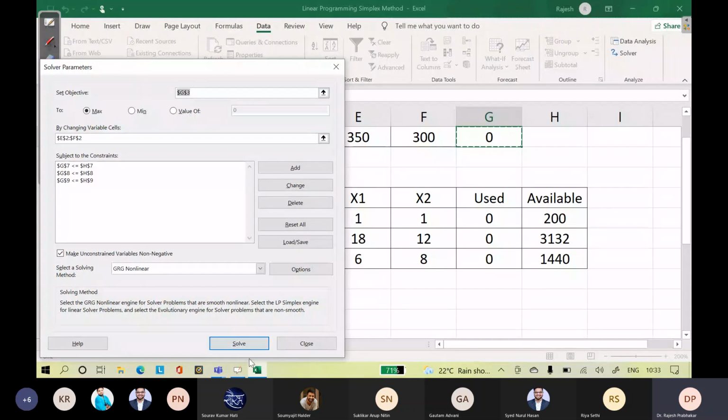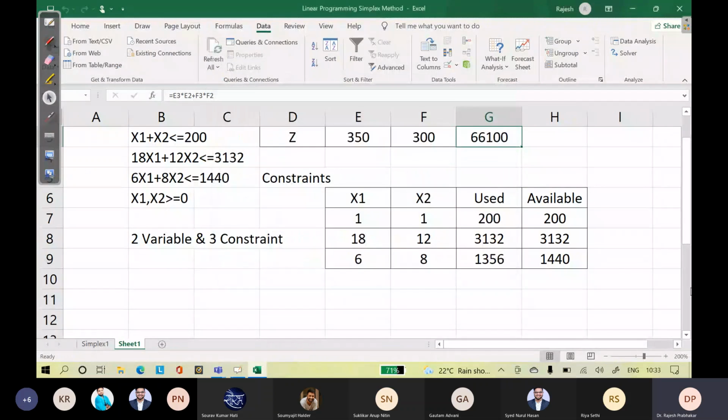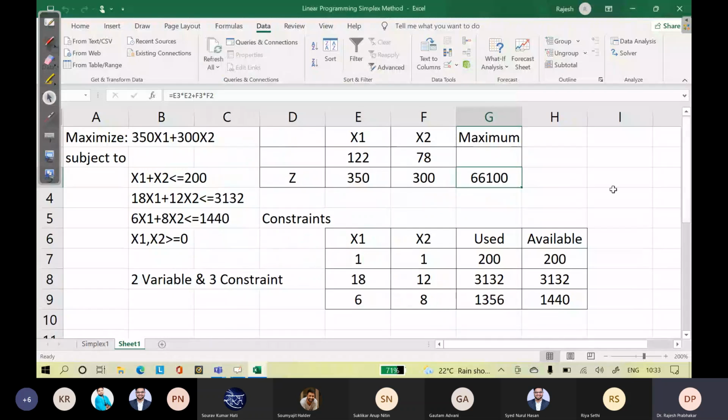G789, H789. Simplex LP, solve. Give solution, okay. So the answer is 122, 78 and 66,100.